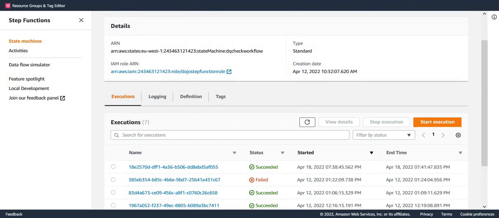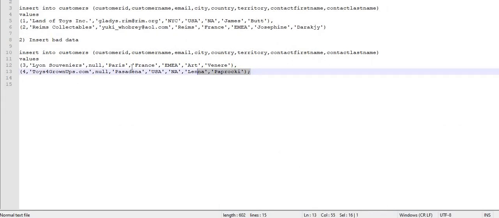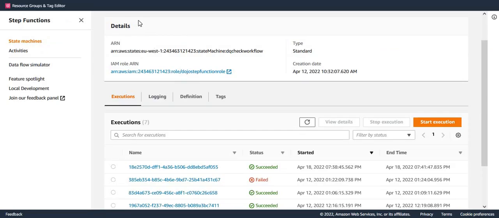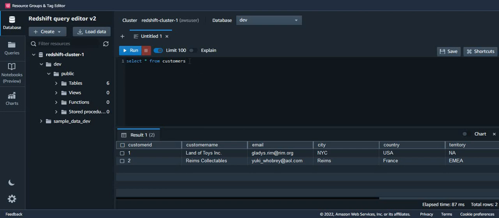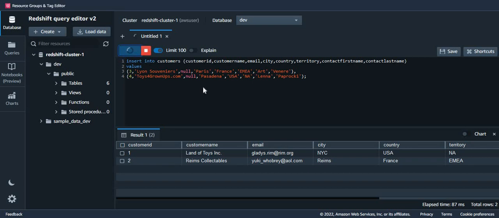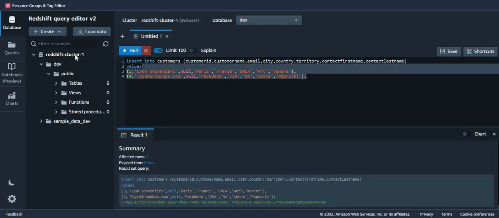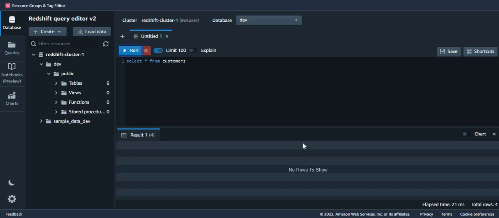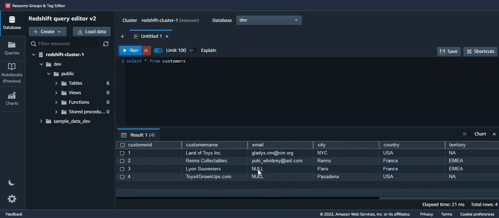Now what I'm going to do is populate wrong data. And why is it wrong data? Because in this case, I'm putting null for my emails. And my rule is that if my email is blank, it is a data quality fail. So let me run it. And let me verify one more time. From customers, and I can see now 4 records where 2 records have got null email, and this is supposed to fail